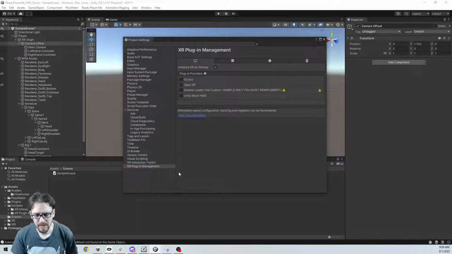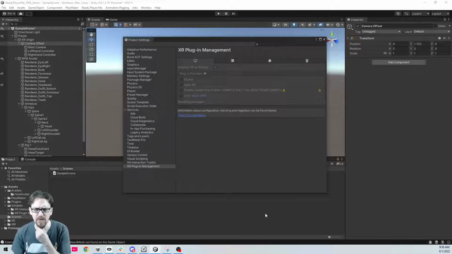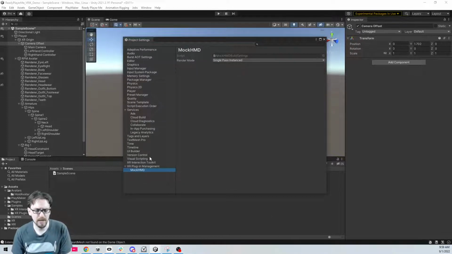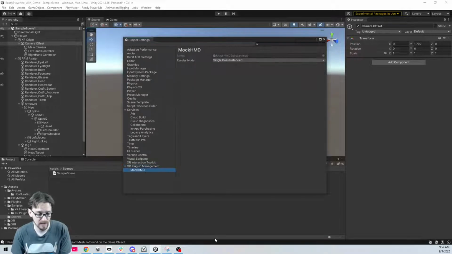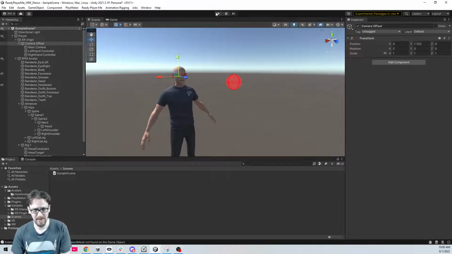Yeah, so here in my XR plugin management, I haven't even set it up all the way yet. But let's just do the Unity mock HMD, and it's going to install those packages. Clicking on view documentation didn't take me to the mock HMD loader information, so I had to Google it. But input is not supported. It's up to your application to mock input by moving the camera's parent, providing its own tracked pose, and so on. So I might not be able to rotate the camera.